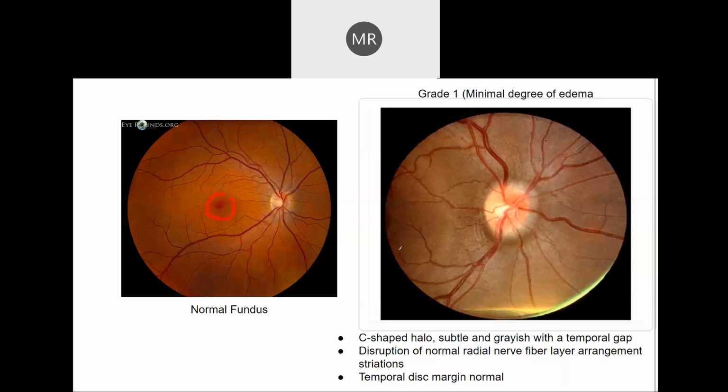So grade 1 is actually just a normal fundus, no finding. So for grade 1 with minimal degree of edema, the feature that you need to remember is the C-shaped halo. So C-shape is actually from here. You can see macam C-shape kan. So the C-shape halo is actually referring to the